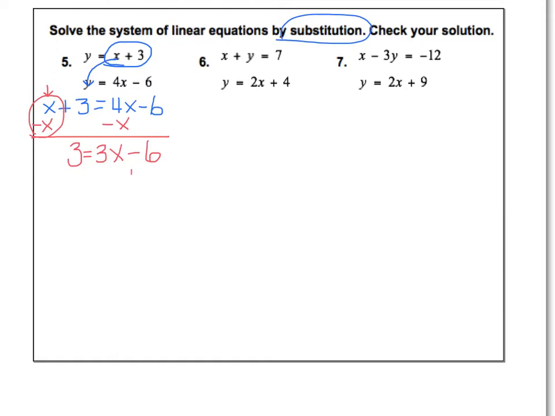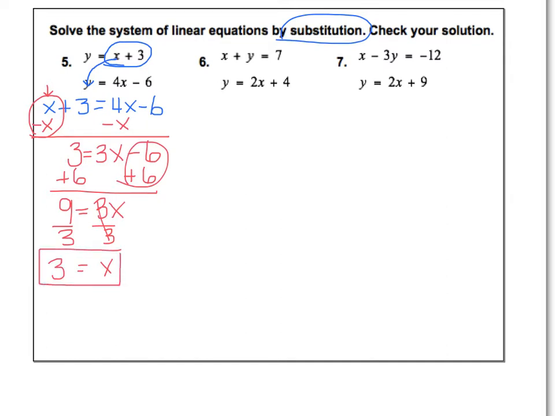To undo the minus 6, I'm going to add 6, which leaves me with 9 equaling 3x. Last step would be to divide by 3, and in this case, x equals 3. Now, many students accidentally stop at this point because they think they have an answer. The problem with stopping at this point is that we have what x equals, but we do not have what